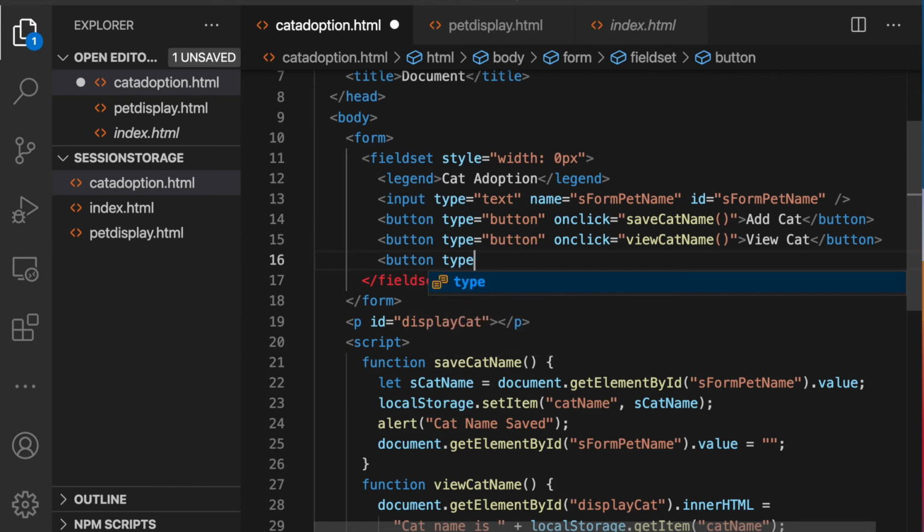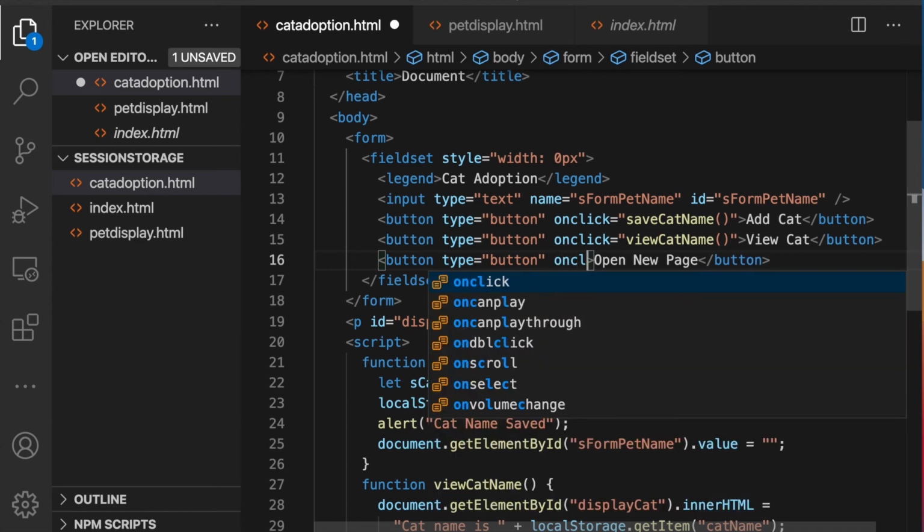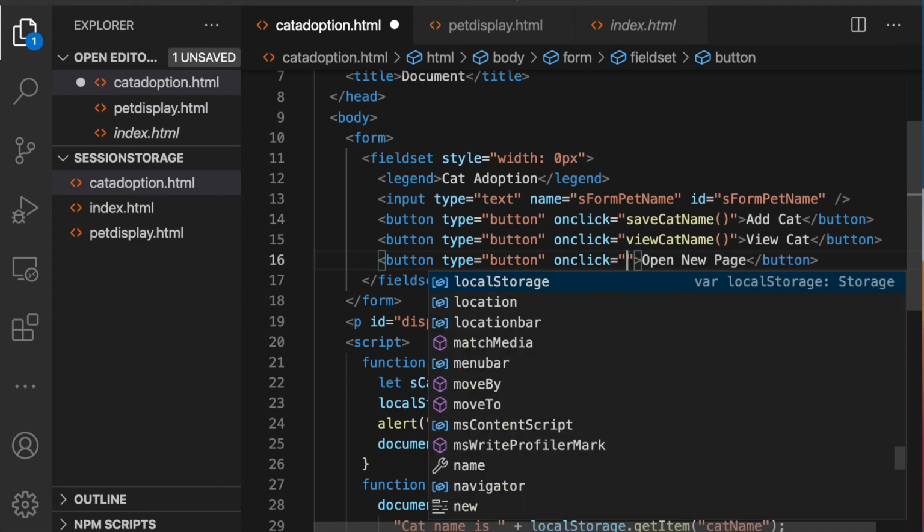I'll say button type equals button, and what I want this to do is open new page. So I just want to show you another method that's available within JavaScript. So I'll say onClick equals, and I'm not going to write a custom one because this one already exists, and I'll say